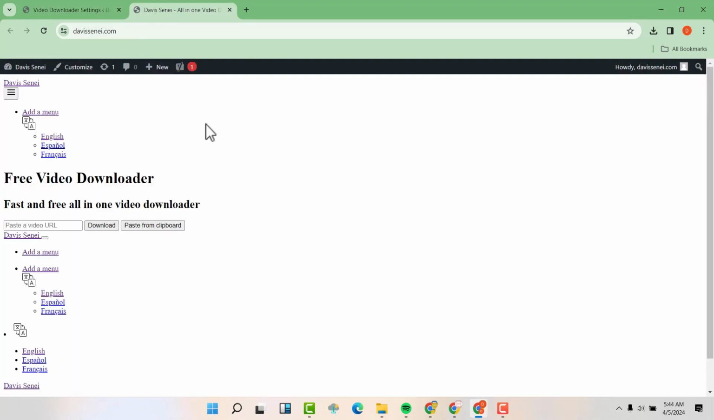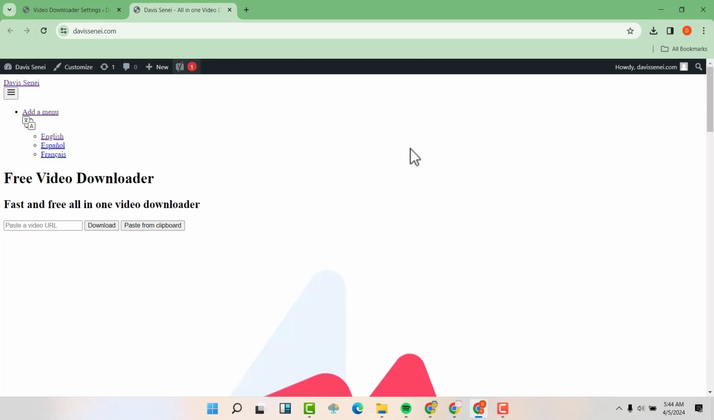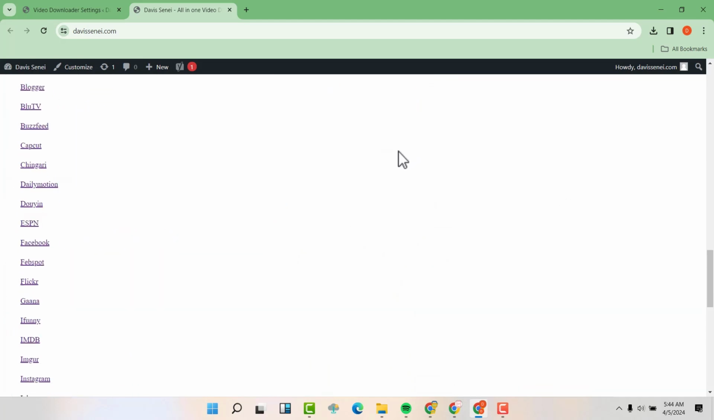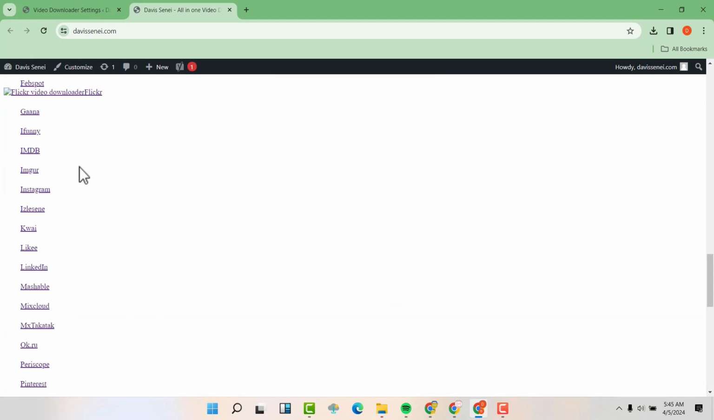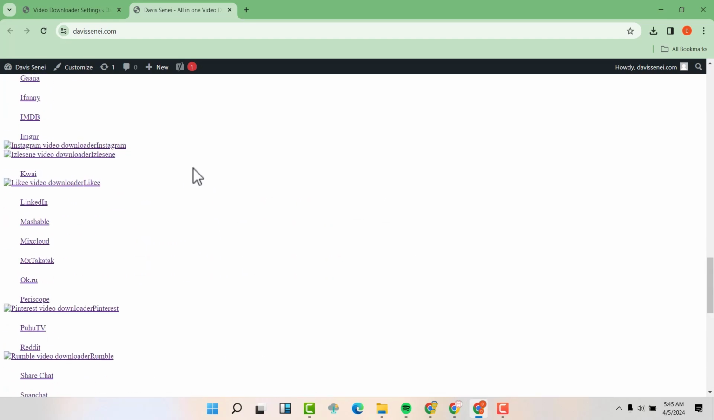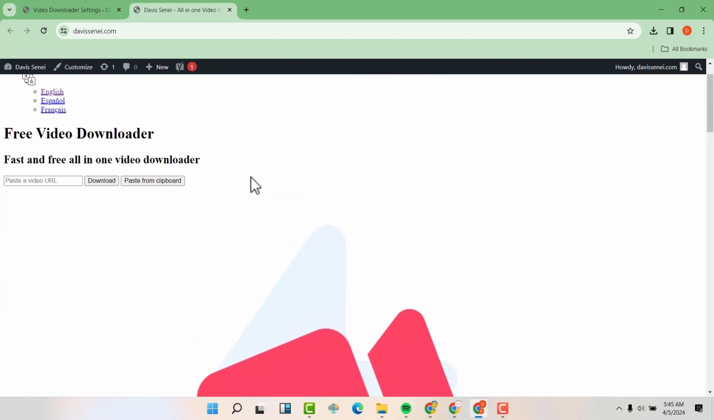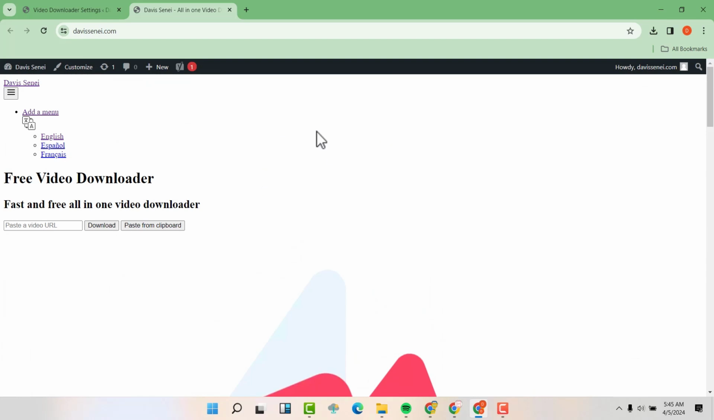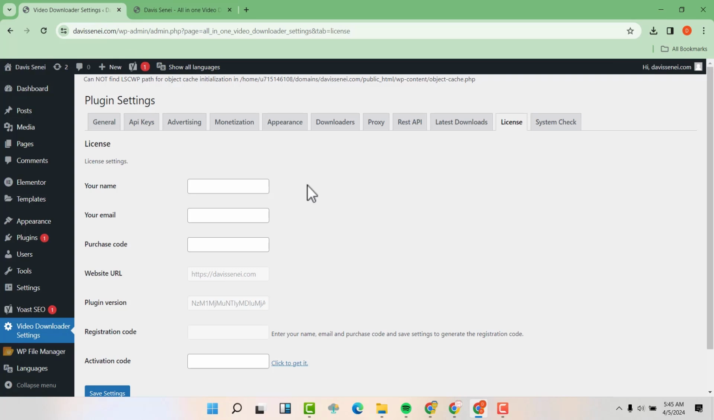So you can see right now it's like this, it's broken. So if we even refresh here, you can see it's still broken. So you can see all the downloaders here, but it's broken already. So we want to activate our license so that we can now see the video downloader. So go to video settings and now add your name here,